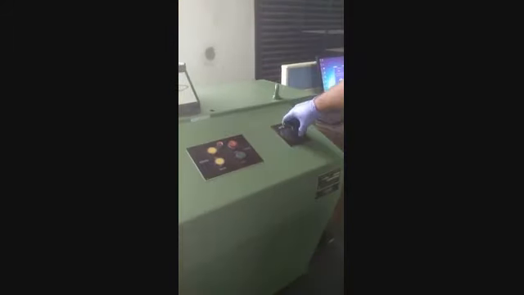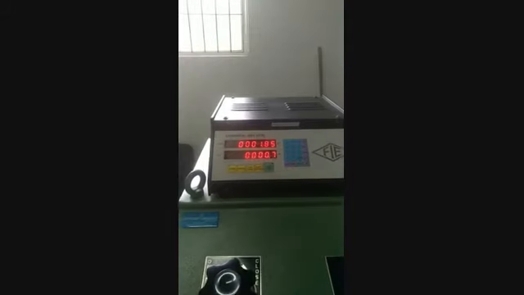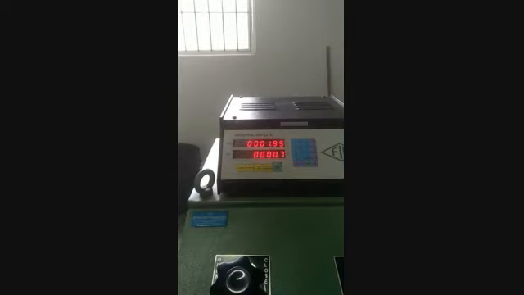Switch on the hydraulic mechanism. Open the right control valve. What will happen when you open the right control valve? The displacement will move, the load will not be there. Once the load starts moving, displacement will stop. Now we can see the upper compression pad is completely touching the workpiece. There is no air gap between them.